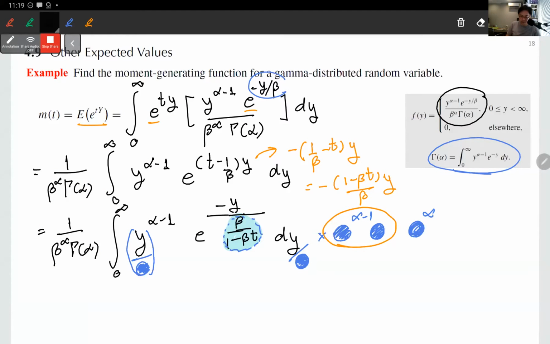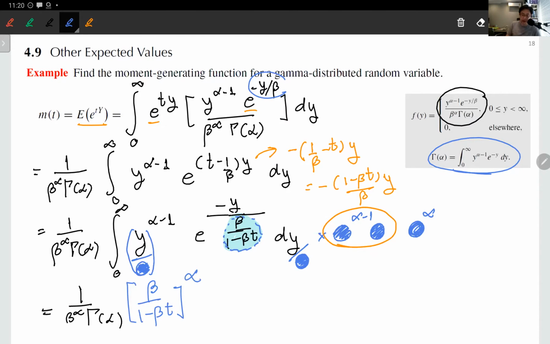All right, so what we want over here is going to be 1 over beta to the alpha, gamma alpha. That's there, haven't touched anything. But I'm gonna have that blue stuff to the alpha coming out. Let me write it in blue. That blue stuff is 1 over 1 minus beta t, the whole thing to the alpha. That is the extra right here. That's your extra. I don't know, does it look even worse? But that's what it is. Okay, and now your integral looks just like